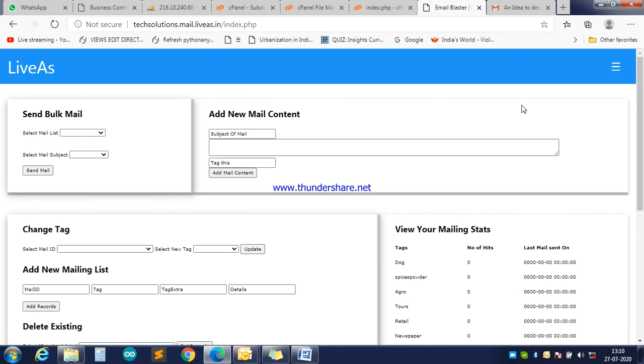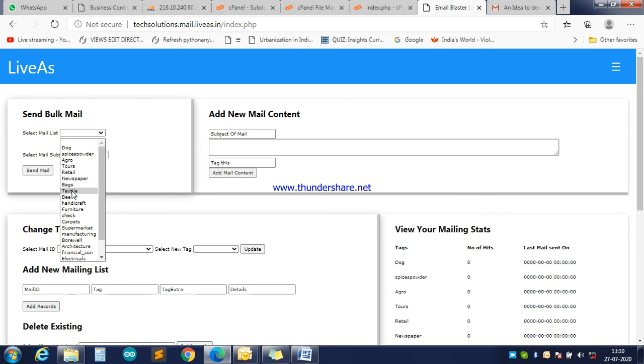Now you can see these are the tags. Dog means I have a set of emails which belongs to dog owners. Spice powder means those who are in the spice manufacturing business. I have a set of emails of those people.